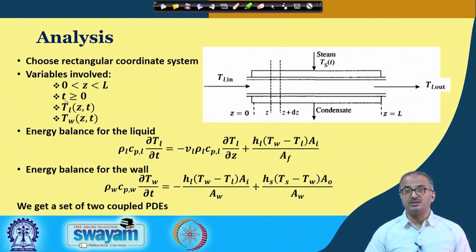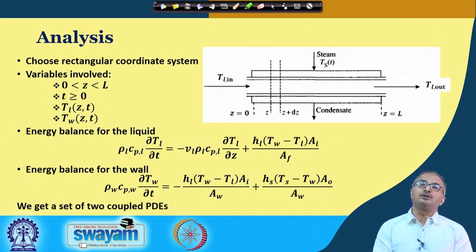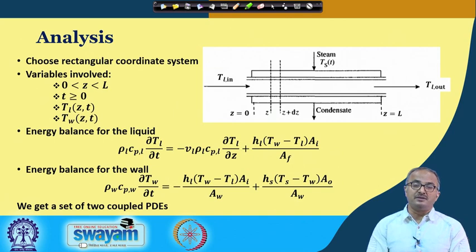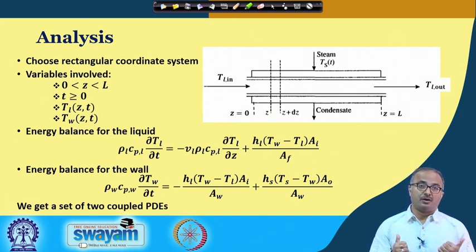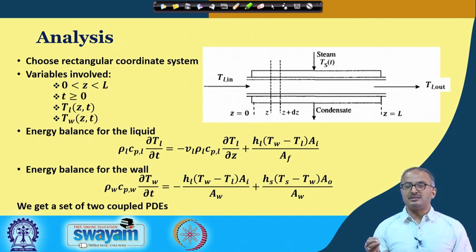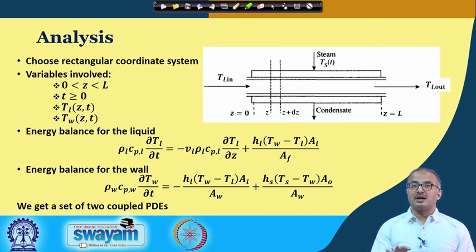Then time is taken to be more than or equal to 0. Now understand this, what do we understand by time equal to 0? Time is not 0 actually. In any process, whenever we are analyzing it, we take the time to be 0 at the start of the process. So we are generally not concerned with the history of the process. Many times in some cases we have to know the history, but those cases are different.